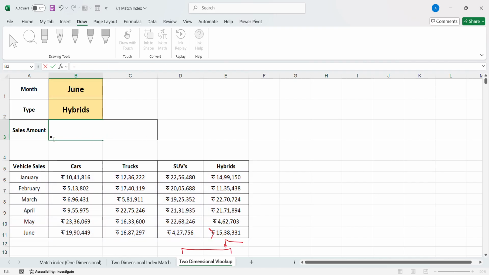See what we are doing, equals to VLOOKUP. My lookup value is this month. This month I am looking up in this table array, and in this table array, see how many columns there are. First is for month, second is for car, third is for truck, fourth is for SUV, fifth is for hybrid. So when I am using the MATCH function, how will I get the column number 5 for hybrid? When I select the range from A5 to E5, not from B5 to E5 as we